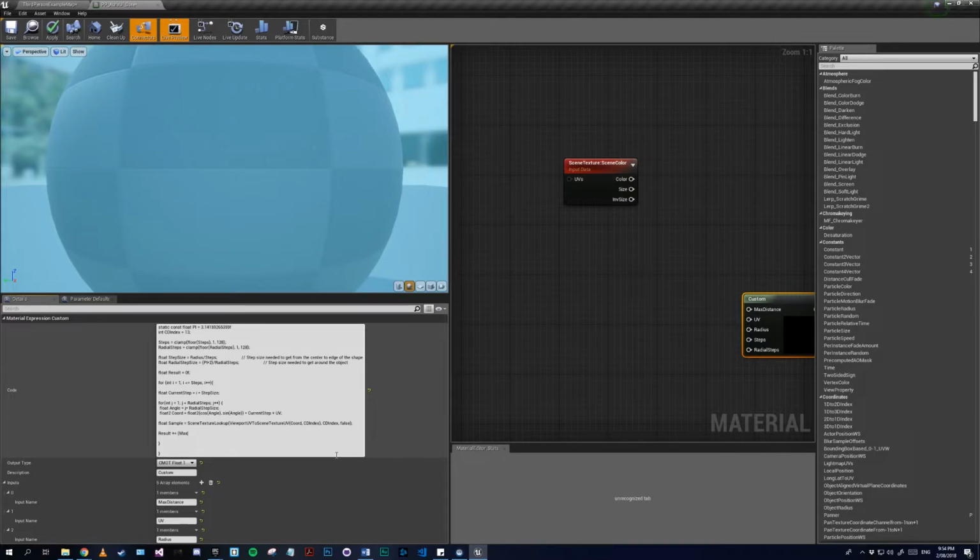So max distance minus clamp sample 0 to between max distance, and then we're gonna divide that by our max distance,